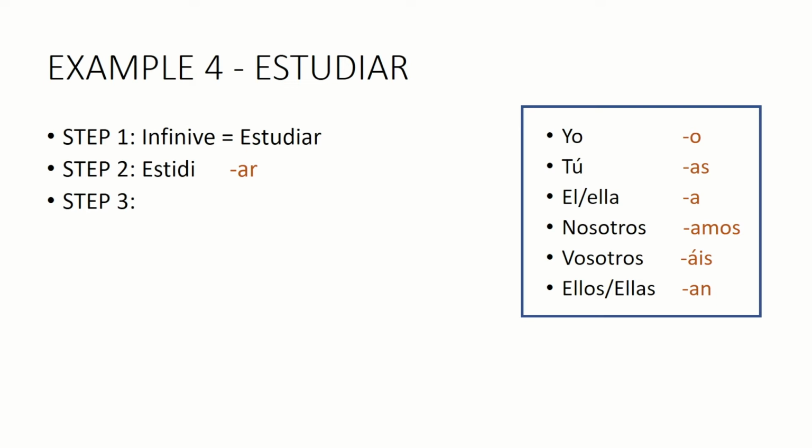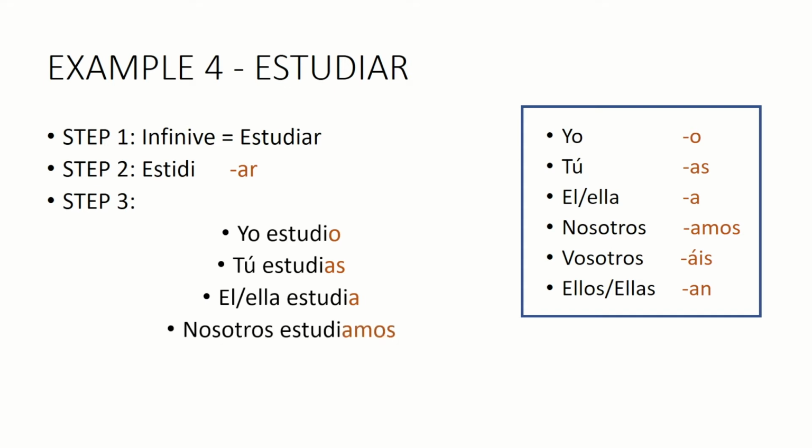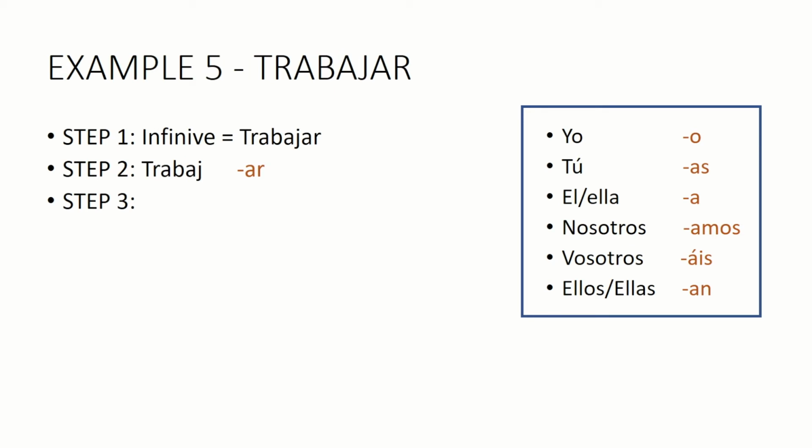Okay, so the result will be yo estudio, tú estudias, él, ella estudia, nosotros estudiamos, vosotros estudiáis, ellos, ellas estudian. Very good. Did you get them right? We're going to have one more example with verbs finished in AR. So this time is trabajar,